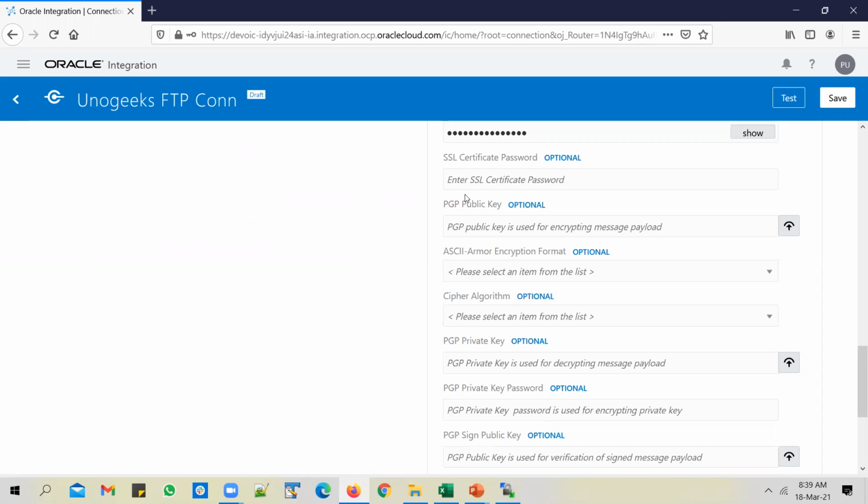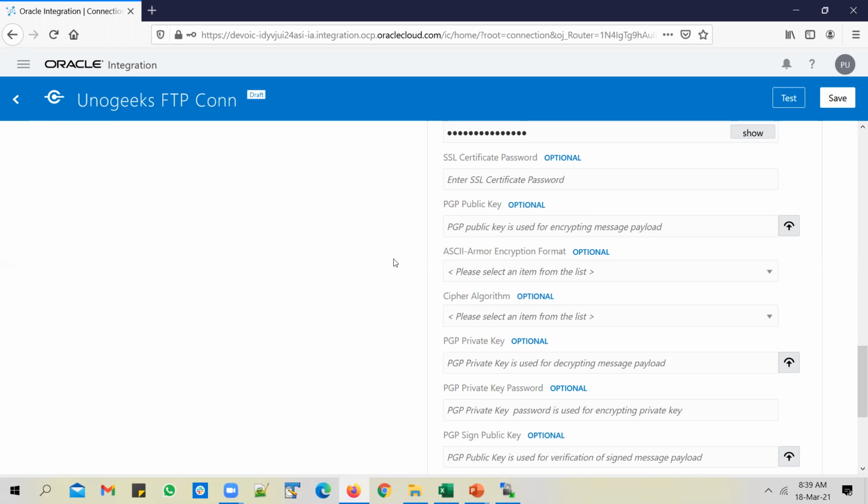So in such cases, you can upload the PGP public key and private key in the connection itself. Whenever you generate a PGP key, there will be 2 keys that get generated, a public key and a private key. They work as a set. And to encrypt a file, you will use the public key.